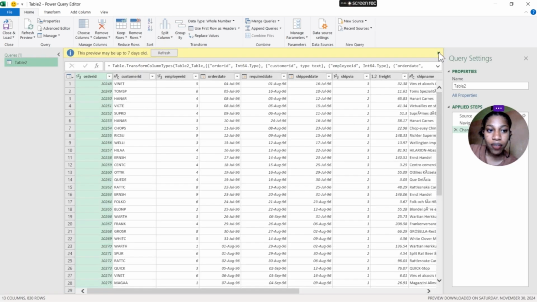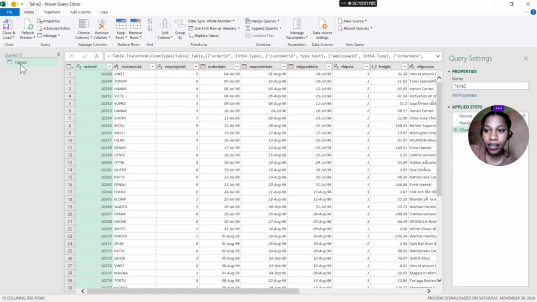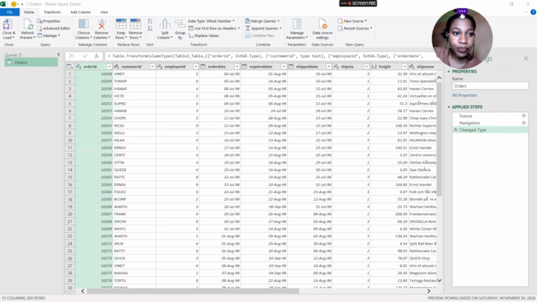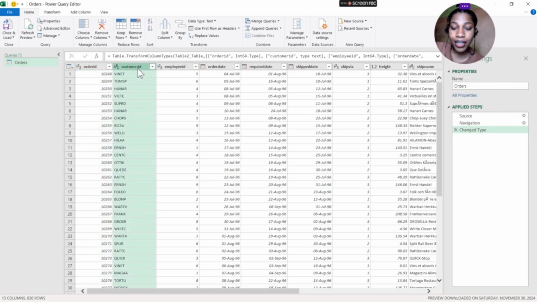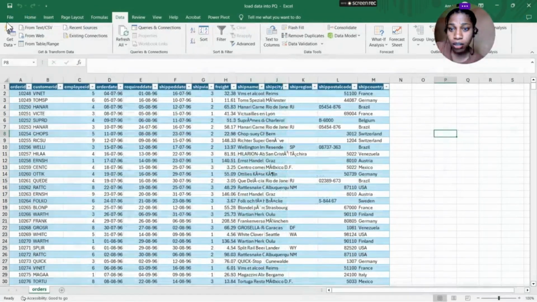So yeah, we have our data here. You can rename this data to orders. You carry out several transformations you want to carry out on Power Query, and then you close and load. So yeah, you can carry out transformations like changing the title, changing the date, changing the formatting style, and voila. So you click on close and load,